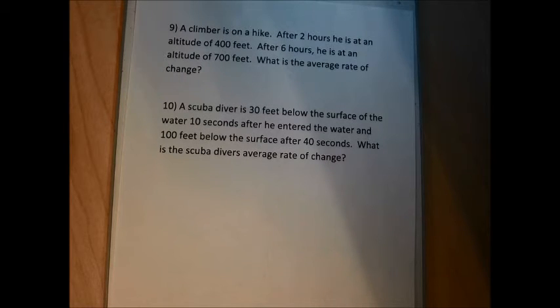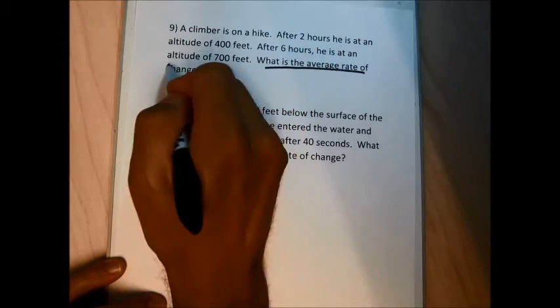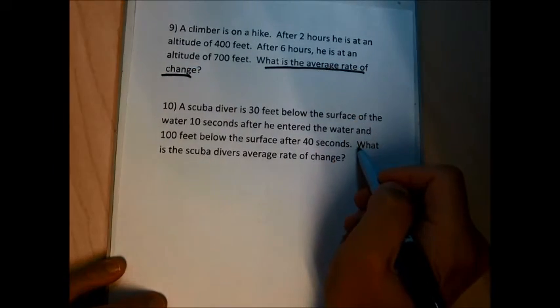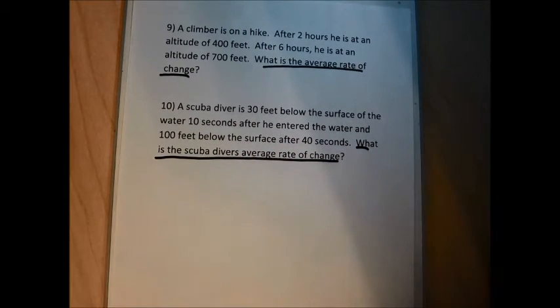So in each of the word problems that are in this middle group of problems, somewhere in the problem we're asked to find an average rate of change. And if I'm asked to find an average rate of change, I need to have 2 points, because an average rate of change is a slope of a line that connects 2 points. Each of the word problems is worded in such a way that the points are just there for you. And as I read through the problem, I'm going to pull out the numbers that relate to each other